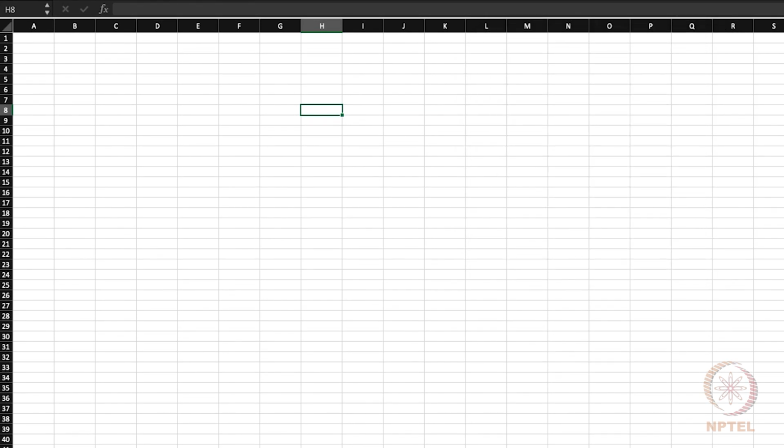Once we do that, as you might have noticed, the data analysis icon has now been activated, and so let us perform analysis of variance by inserting some numbers here.